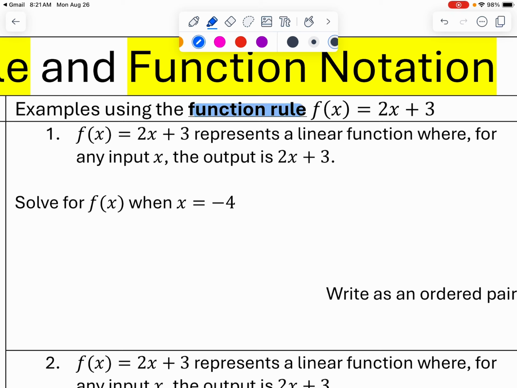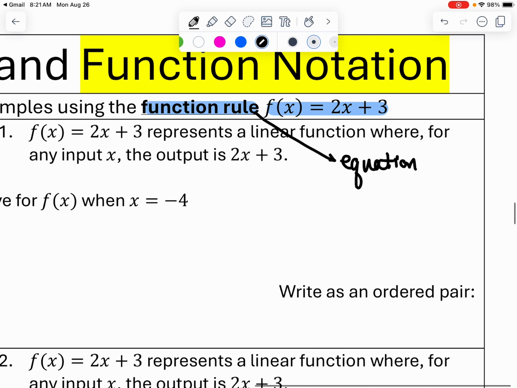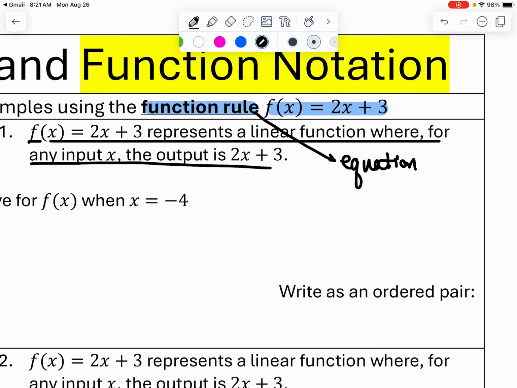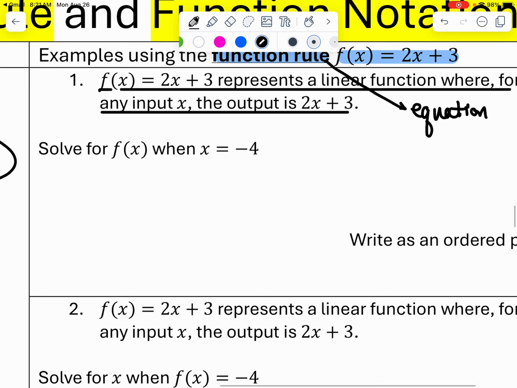A function rule is just like an equation, okay? Function rule is equation. That was discussed in Algebra 1, but I'm not going to assume that you totally remember that. Let's say that f of x equals 2x plus 3, and it represents a linear function where for any input x, the output is 2x plus 3. Okay, so now it says solve for f of x